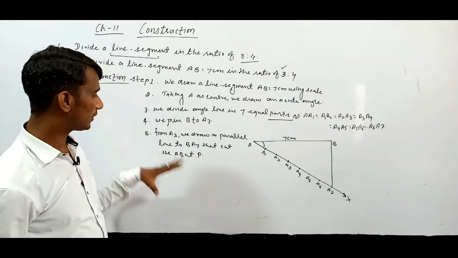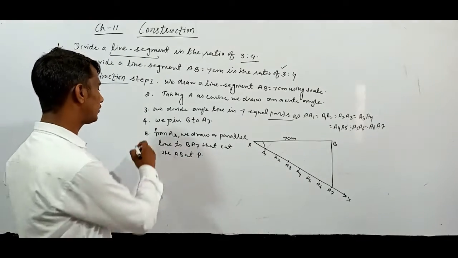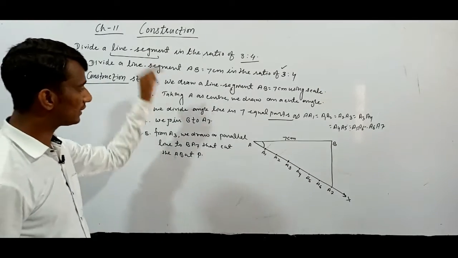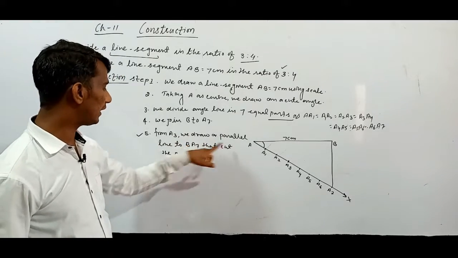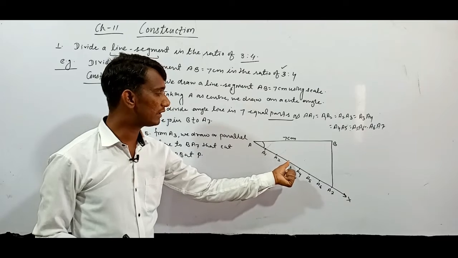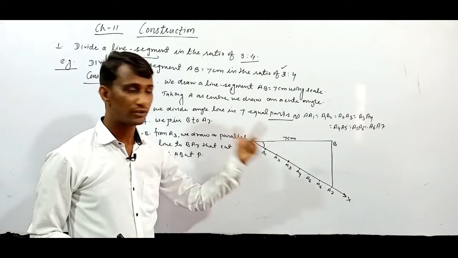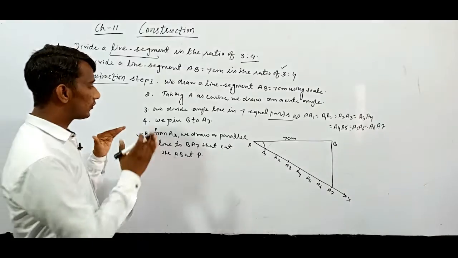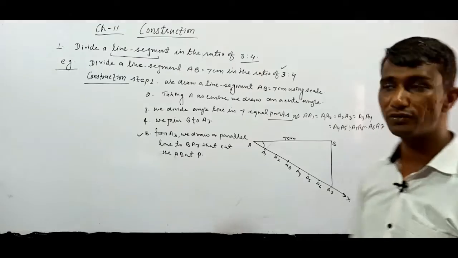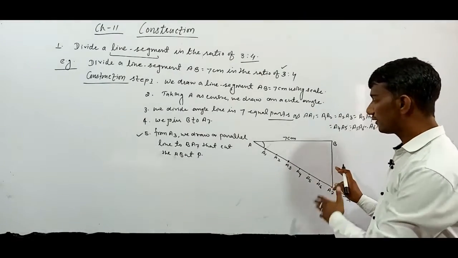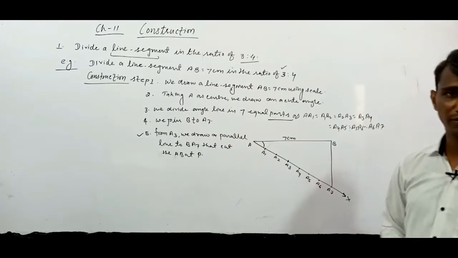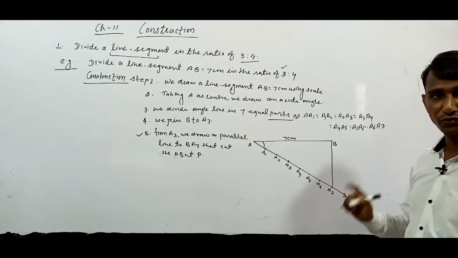Okay, this is the basic form, and this way you can write it, and this is a very important construction. This is a very important step for this construction: how to draw a parallel line to BA7 taking A3 as the center. Dear student, in earlier classes you have learned about parallel lines. You know that in parallel lines corresponding angles are equal. So first we measure using the compass.